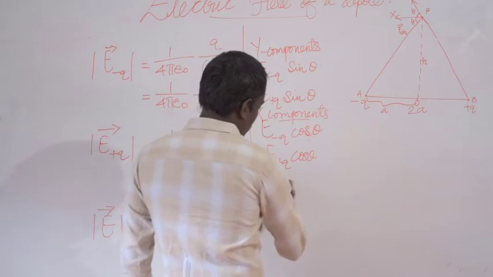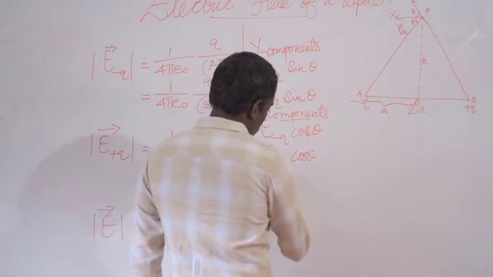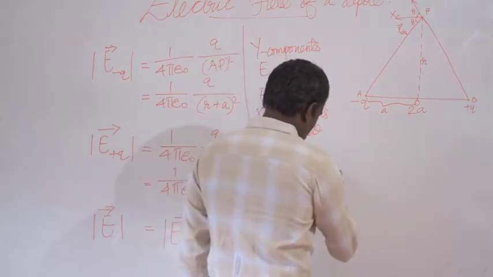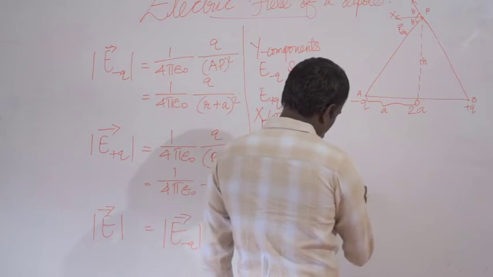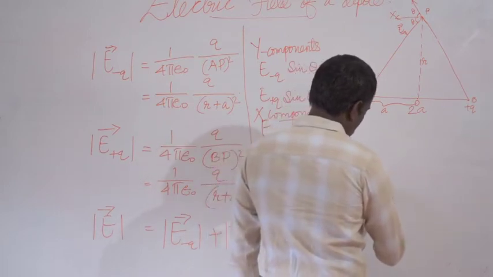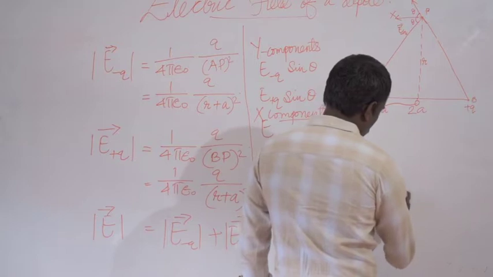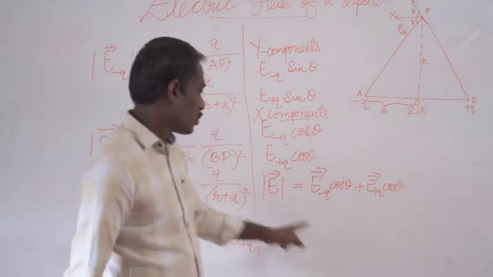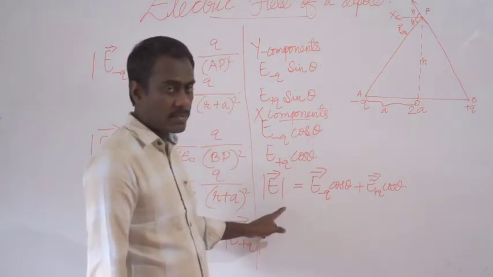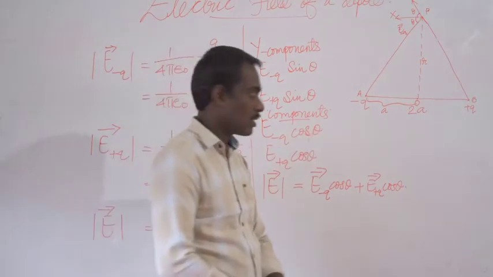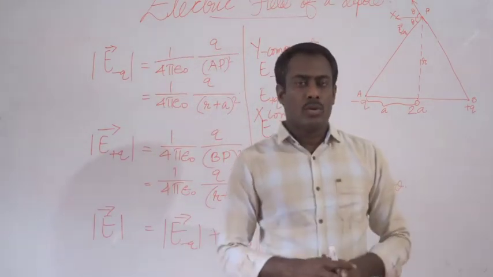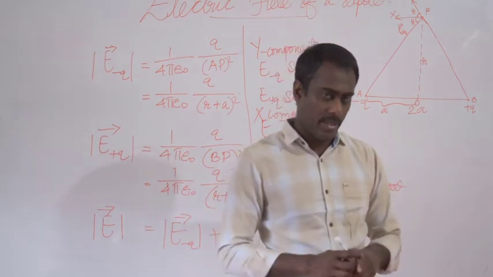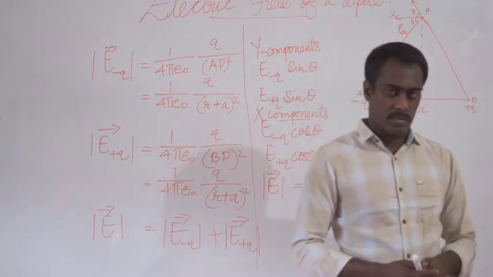Therefore, the net electric field produced is equal to E minus q cos theta plus E plus q cos theta. So that is the magnitude of the net electric field produced by the positive and negative charges in a dipole. The magnitude of the net electric field, the total electric field at the point P, can be written as